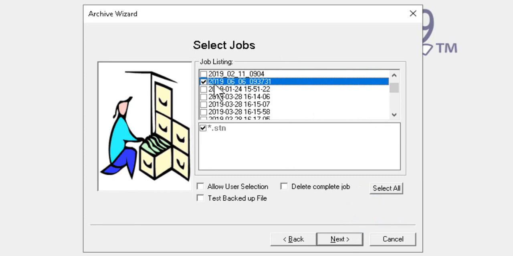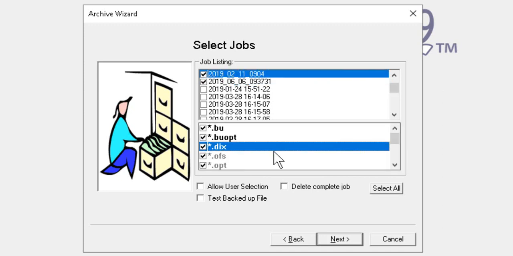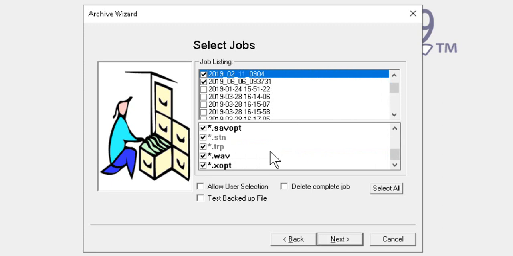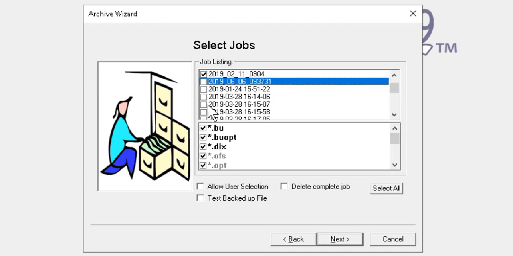In this case, I'm selecting this one from a while ago. And you see it's marked asterisk period STN, STN being the Steno file only. If you are instructed to take a job that you have done in real time, then there will be many more files that go with it, including the Steno file. Okay,